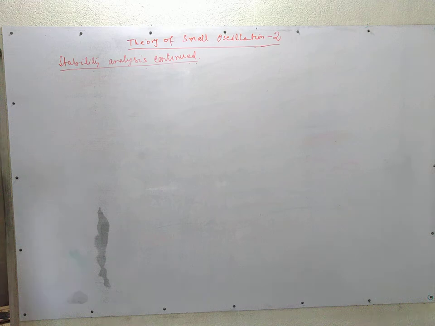This is the second class on the theory of small oscillation. In the earlier class, we introduced the subject of small oscillation and mainly discussed the stability of an equilibrium point. We confined our discussion to the stability analysis of a one-dimensional system. What we did in the last class is that we considered a system which is conservative,